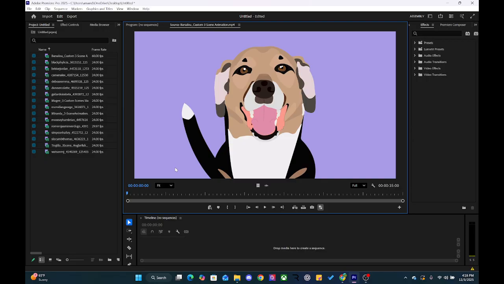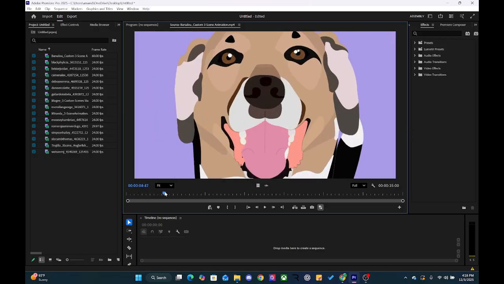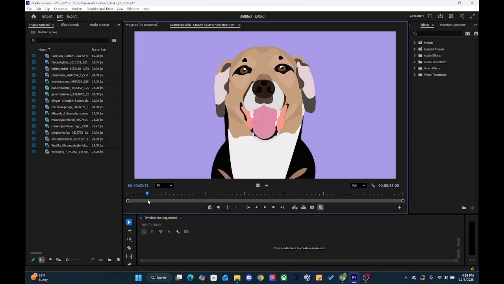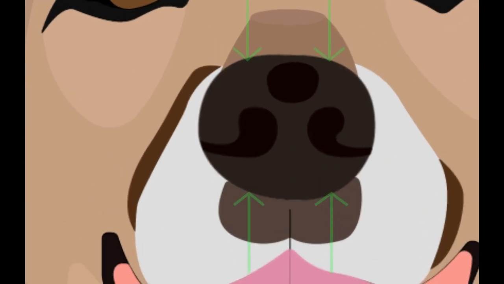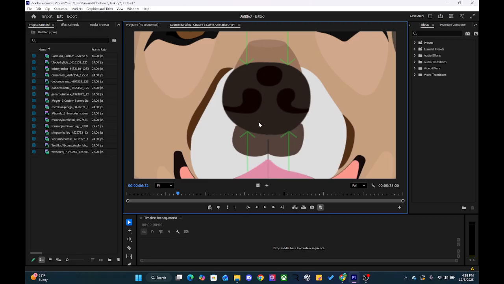So this is really cool. This first scene, I really like it. I love the dog's tongue moving. Very neat, it looks really good. When you zoom in here, you can see that it's a little fuzzy along the edges. So make sure that you turn on that continuously rasterize button on your dog specifically, so that when you zoom in, it'll still remain crisp,